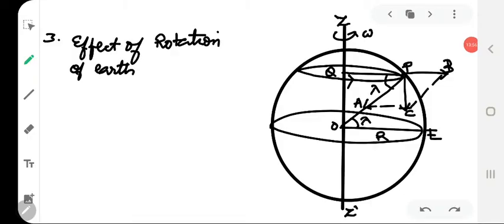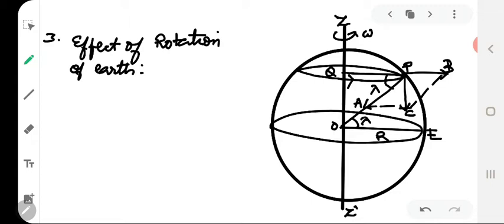The Earth possesses rotational motion about an axis through its poles. The value of acceleration due to gravity at a place at a given latitude is affected due to its rotational motion. So, we shall study the effect of rotation of Earth on the value of acceleration due to gravity. Now, prior to explaining how the value of acceleration due to gravity at a place is affected due to rotational motion, let us try to understand what the term latitude means.